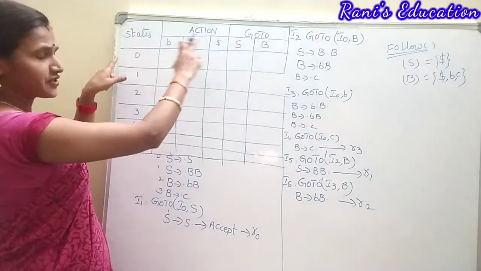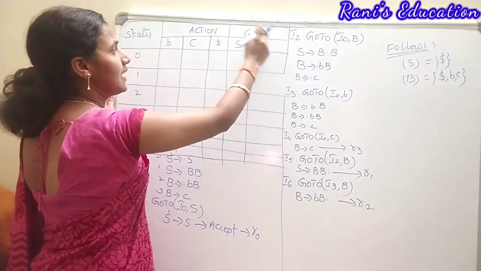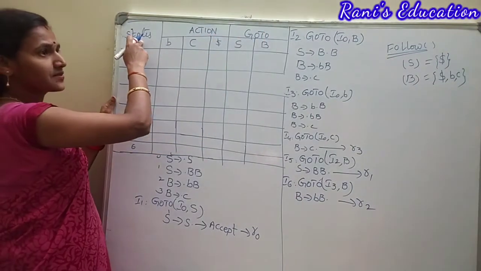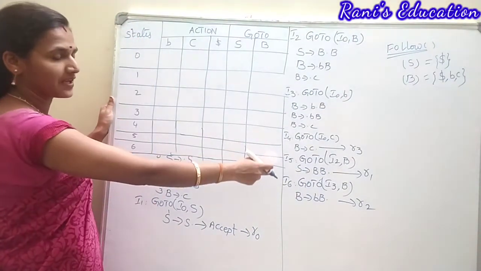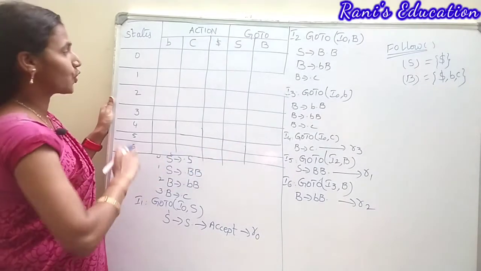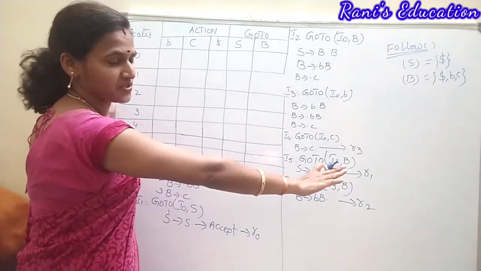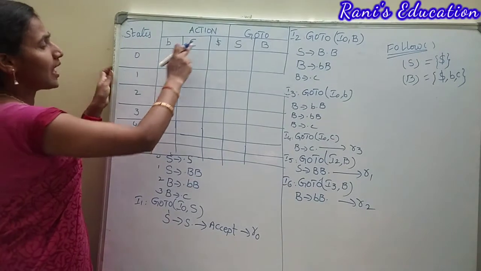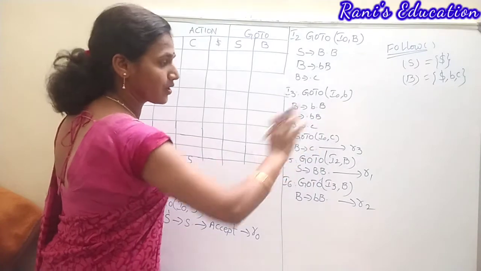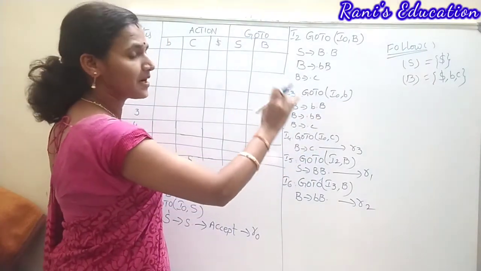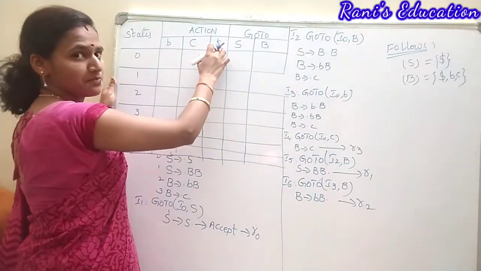Right? So the parsing table consists of mainly two parts, the action part and the goto part. Along with these two parts, we are going to consider another section, which is nothing but states. States are nothing but the item numbers we have taken for the construction of the LR(0) items. How many items have we taken? 0 to 6 items to complete all the productions. Isn't it? Now, the action part consists of only terminals. What are the terminals in the actual grammar? The terminals are b and c, along with dollar. That's what I have written in the action part.